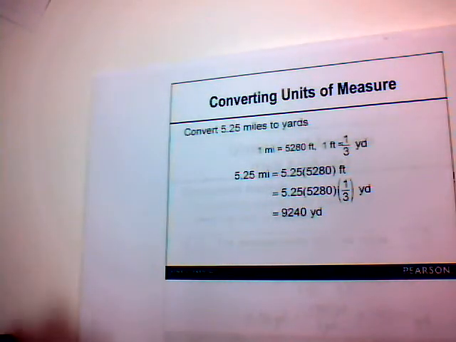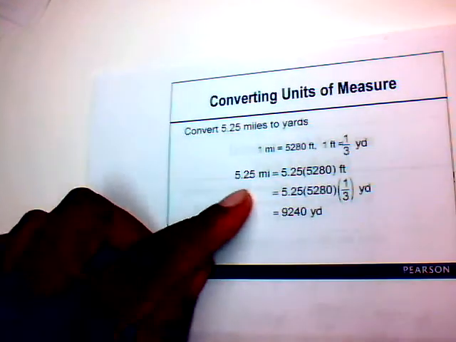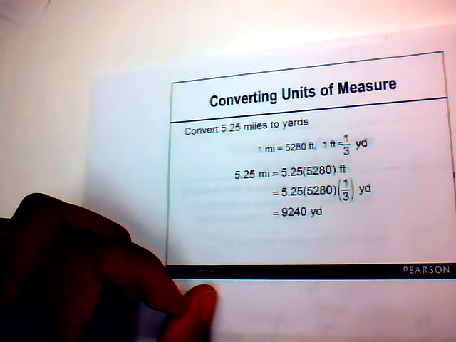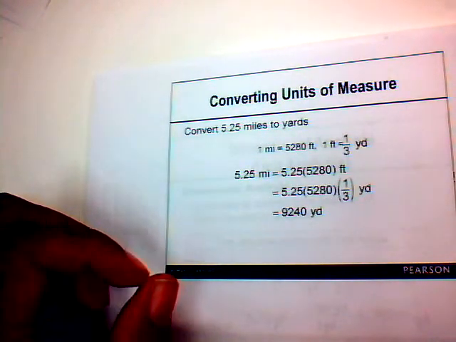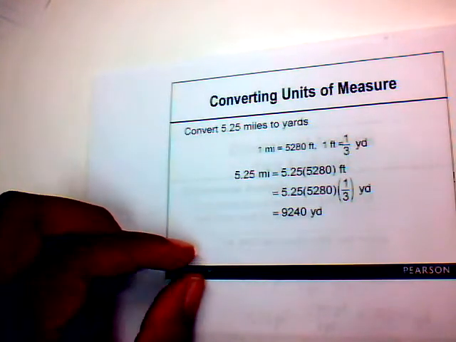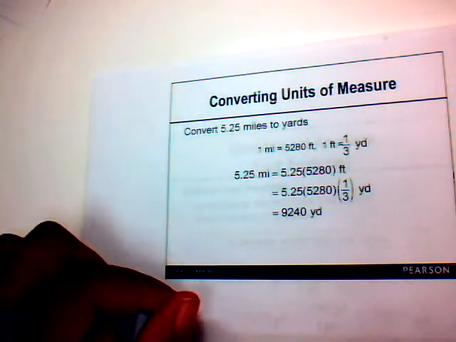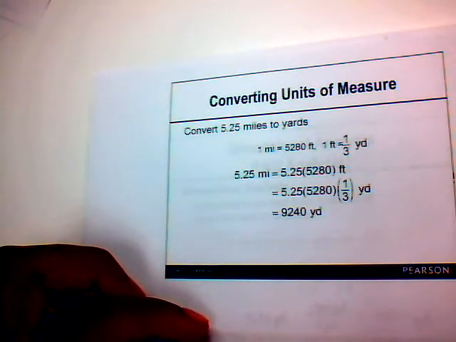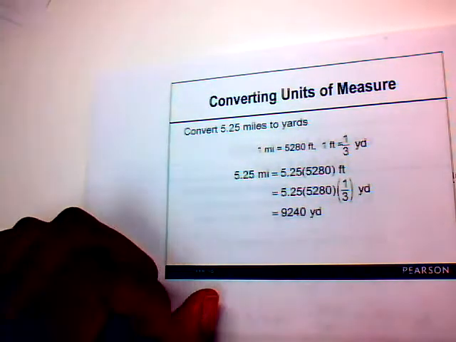So we can use those to convert from miles to yards. Here we take the 5.25, multiply that by 5,280 feet, because 5,280 feet is equal to 1 mile. Now we'll have the answer in feet, but we want it in yards, so we have to take 1/3 of a yard. So 5.25 times 5,280 times 1/3 would give us